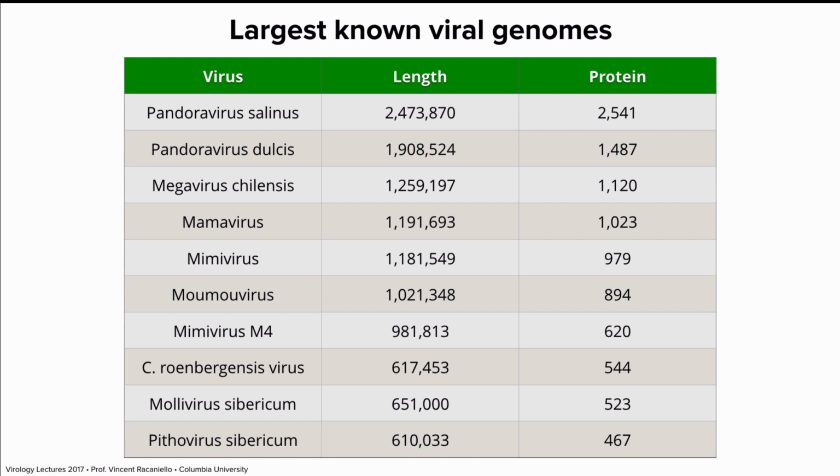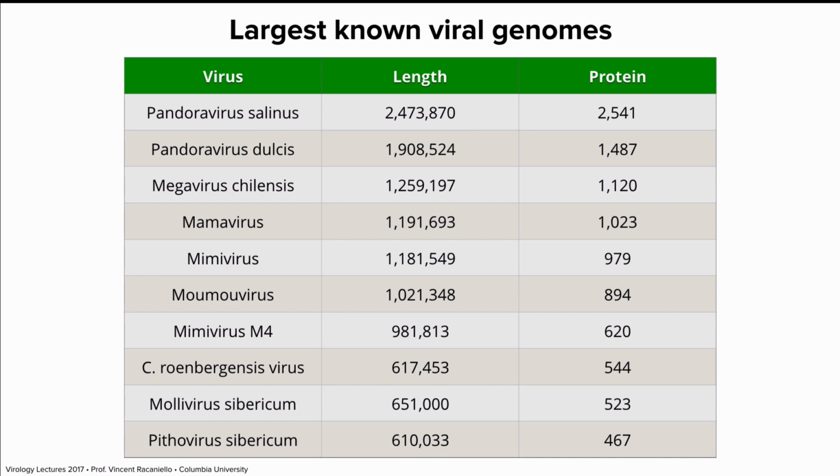An enormous amount of proteins, and most of those we don't recognize, we don't know what they do. We can recognize polymerases and enzymes and helicases and so forth, but we can't recognize most of the proteins. We don't know what they do. Then we have a number of other viruses with smaller genomes with equally interesting names. Pandora was called this because when they first discovered it and sequenced the genome, they didn't know what most of the genes did, so they said it's like a Pandora's box. We're going to open it up and see what happens.